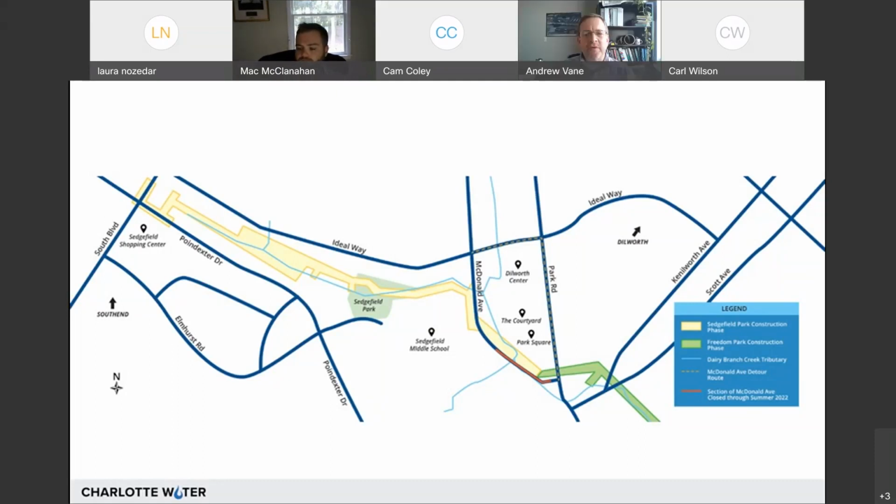That'll actually be a major detour route for traffic to get around McDonald's. So phase 3 will be in Park Road, but again, that won't start for another 6, 9, 10, 12 months. So for this project, no, Park Road should remain open. Okay, thanks guys. And then another question was, when can we expect clearing to begin behind Poindexter Circle just beyond